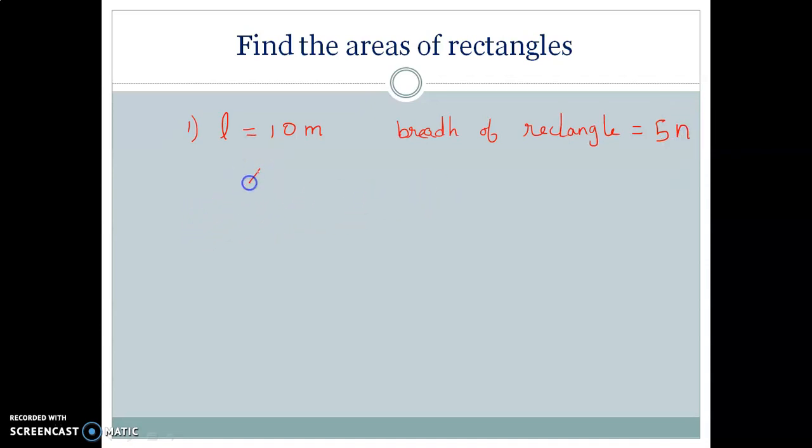So what will be the area now? Area of rectangle is equal to 10 m into 5 n. So nothing is common in both the terms. So 10 5s are 50 mn. You will write as that. Don't forget